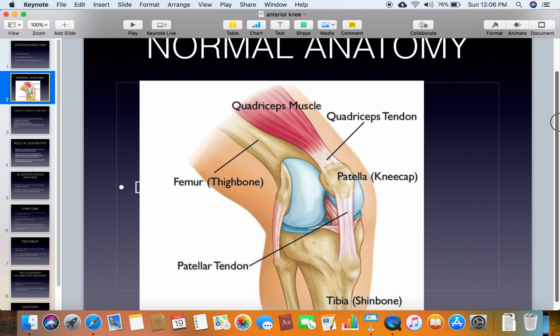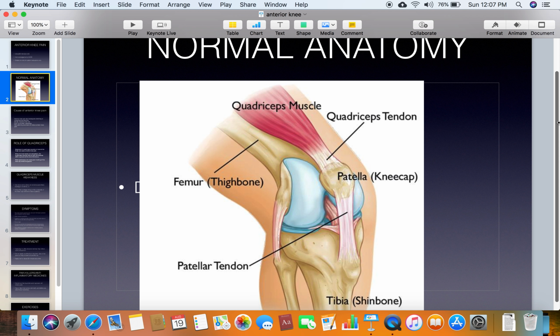There are four bones that make up the knee joint, namely the femur, which is also called the thigh bone, which is a big bone in front of your thigh. The next bone that is a part of the knee joint is what is called the tibia or shin bone. Next to it is a bone called the fibula, which is on the outer aspect of the knee joint. And then there is a bone which is seen in front of the knee joint, which is called the patella or